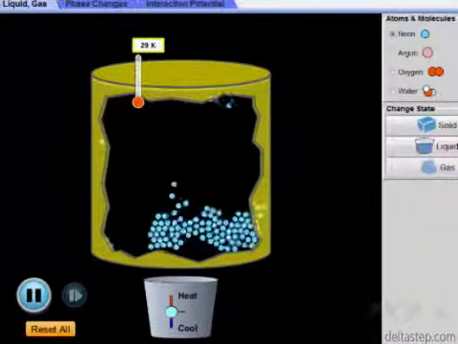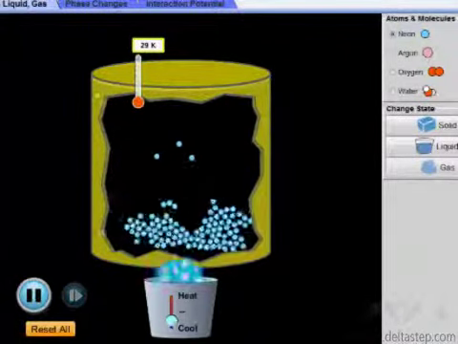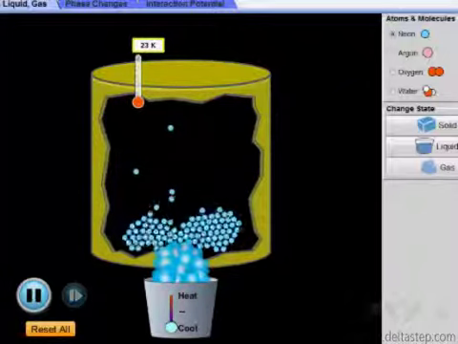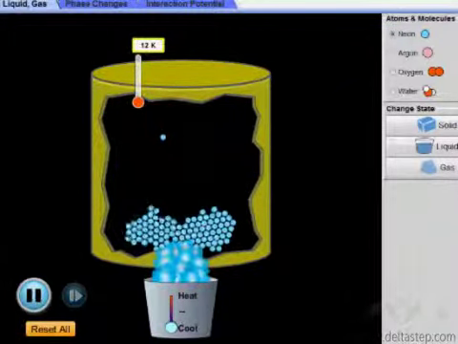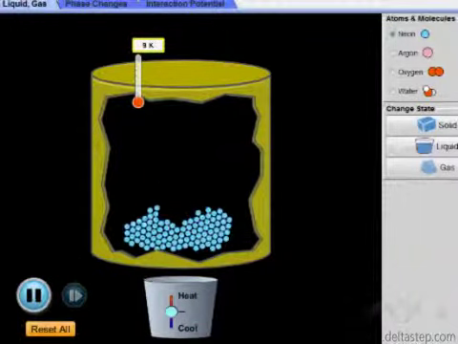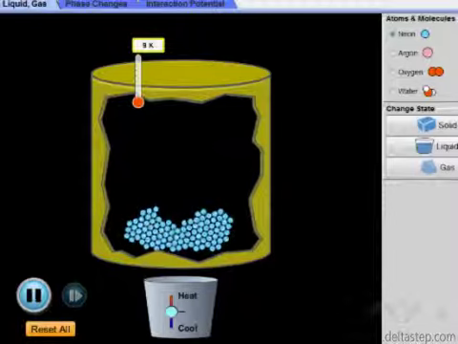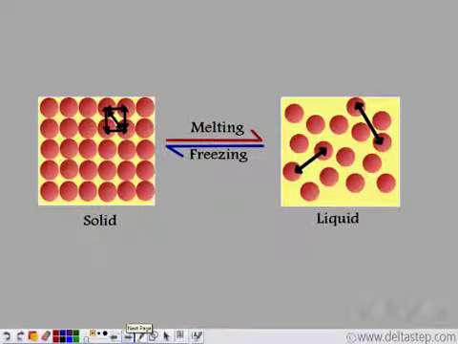Now let's say we have this liquid sample, we extract heat from the sample, that is we cool it. As we cool this liquid, the kinetic energy of the particles decrease, the interparticle space between the particles decrease, the intermolecular force of attraction between the particles start to increase, and therefore the liquid form is changed into the solid form when we extract heat, that is when we cool the sample. So the conversion of a solid to liquid is known as melting, and the change of liquid to a solid is known as freezing.